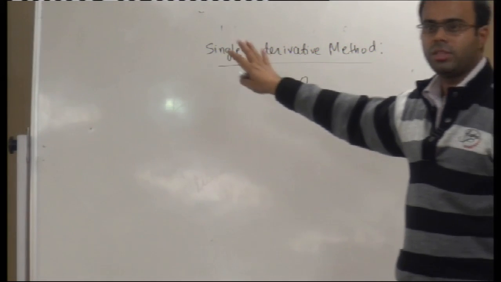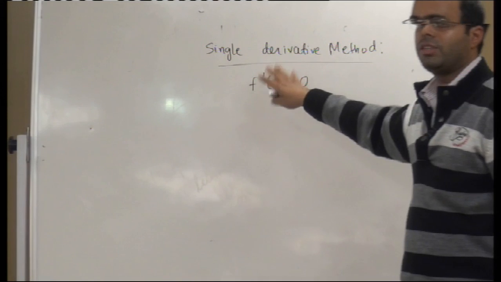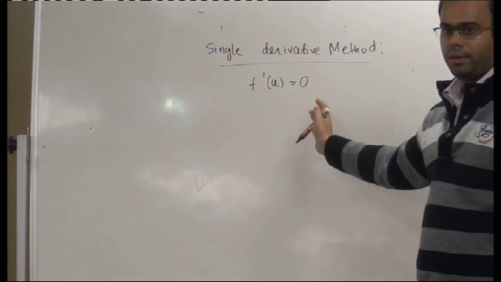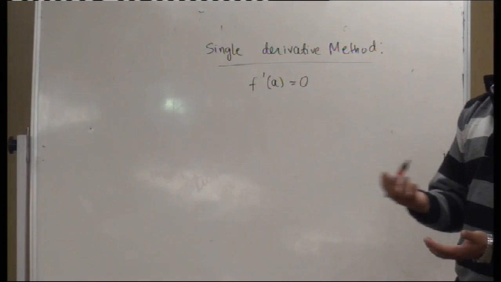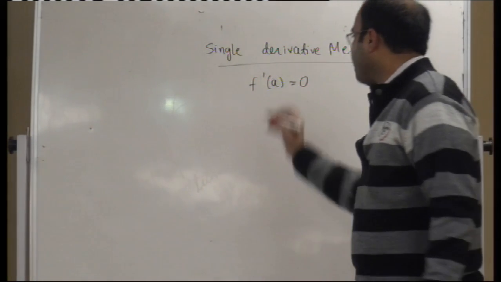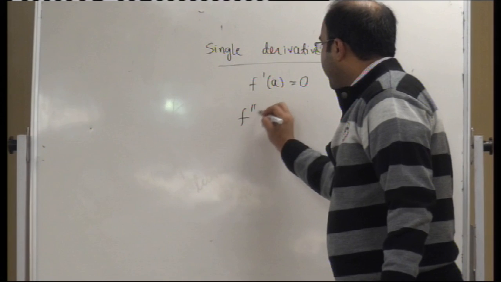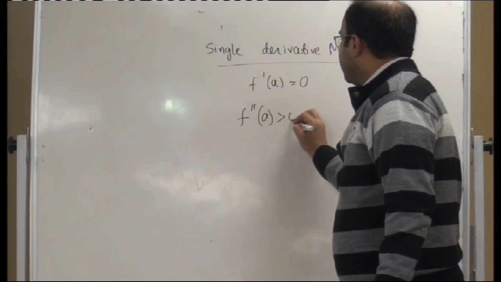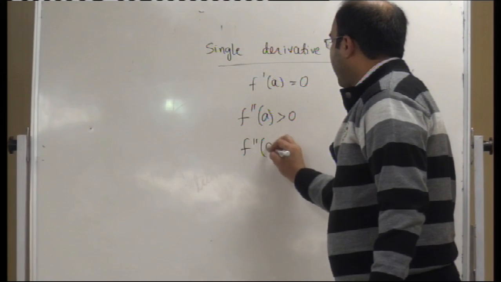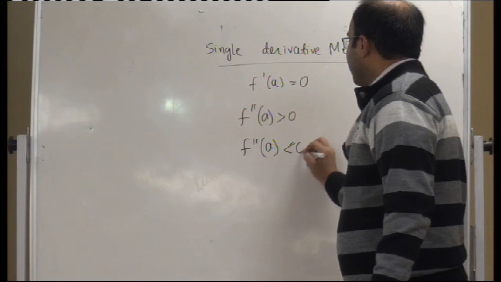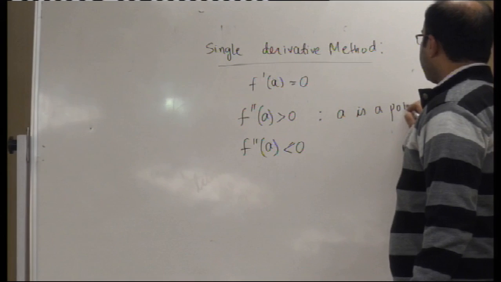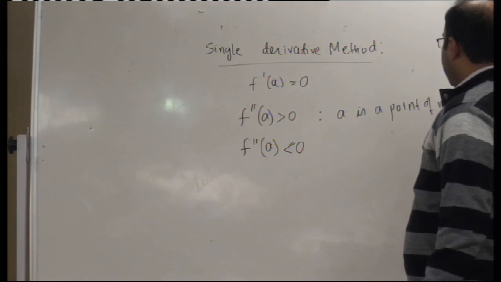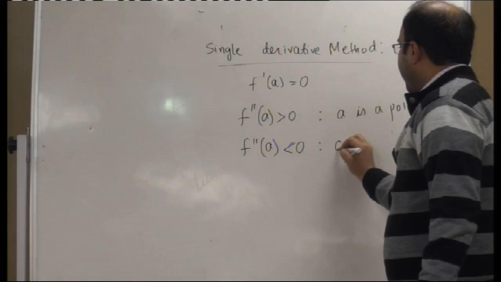So here we are just focusing on the derivative of the function being equal to 0 at that point. In that case we say that this is a case of extrema, which is either maxima or minima. Next we check if the double derivative at that point is greater than 0 or less than 0. In the first case we say that a is a point of minima,